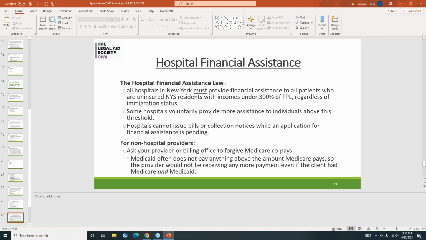And there are some hospitals that will provide more assistance to individuals who earn upwards of 300% of the federal poverty level. So it's always worthwhile to see what kind of assistance one can get. While a financial assistance application is pending, hospitals can't issue bills or collection notices.